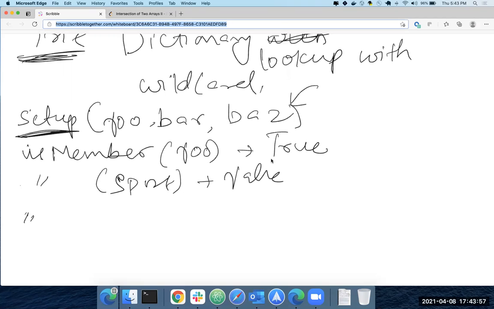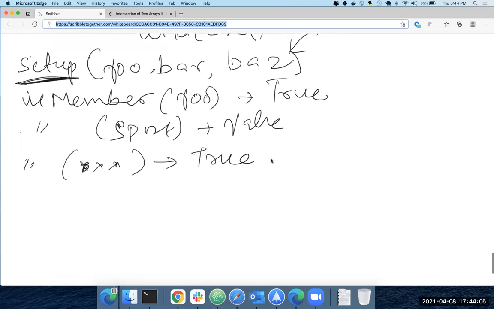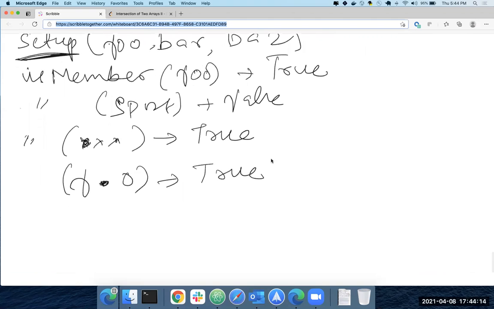And is member of f star, this is true. Similarly, f dot, this is also true. Are we allowing escape sequences or just star and dot? Just dot.